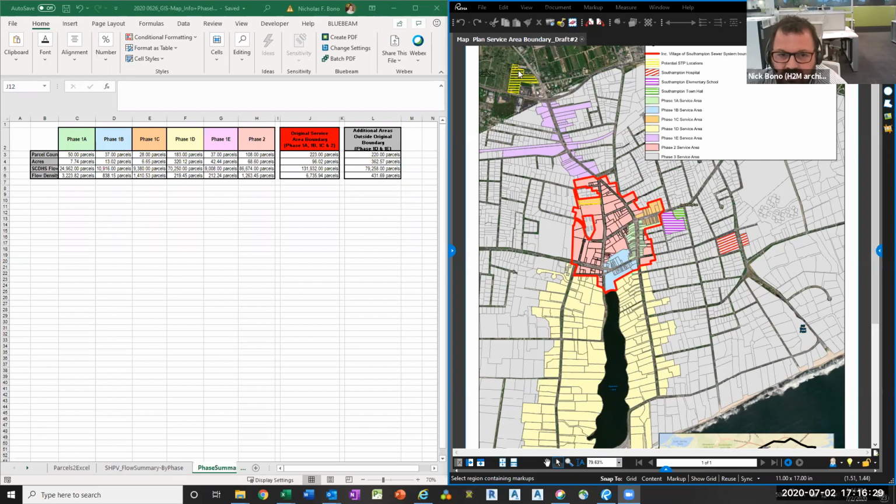And more recently, I think this property up here, Paul, correct me if I'm wrong? That's correct. This is property that's been identified as a potential siting of a treatment facility too. Yes. And again, these are alternatives that align with doing centralized collection and treatment. There's other innovative systems that we're also going to be evaluating for comparison to see what really makes sense for the village. That said, in addition to these three areas here within the original core service area, if you will, which is the red boundary,